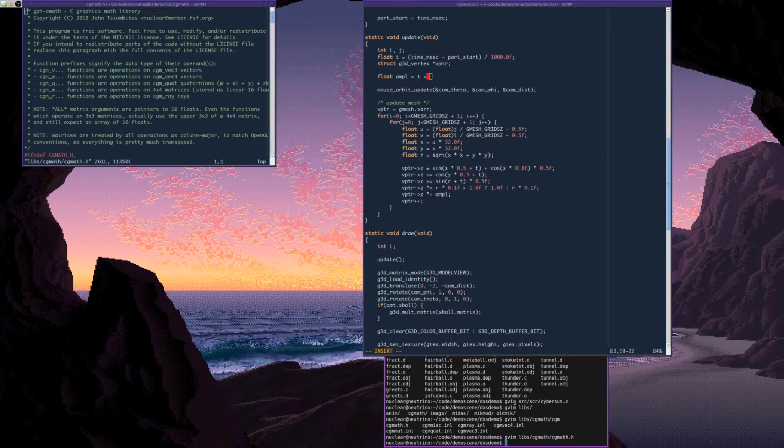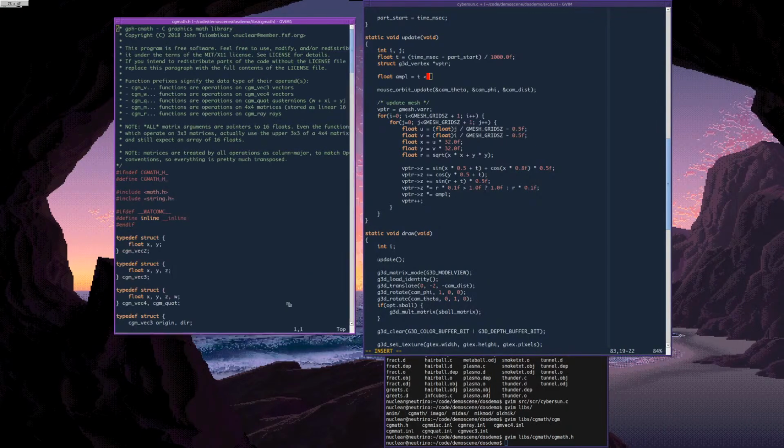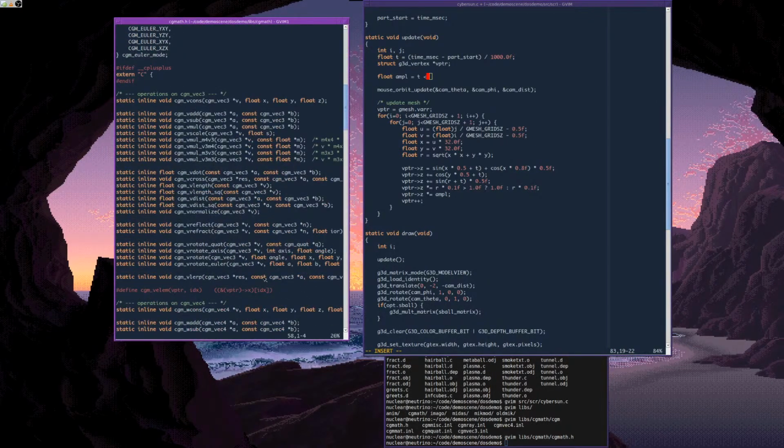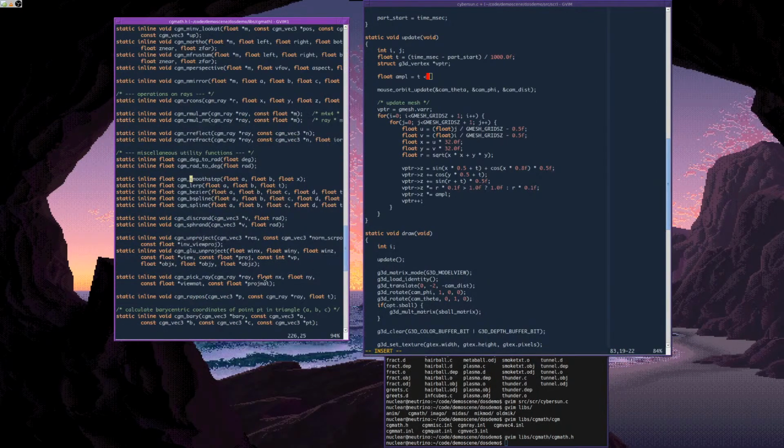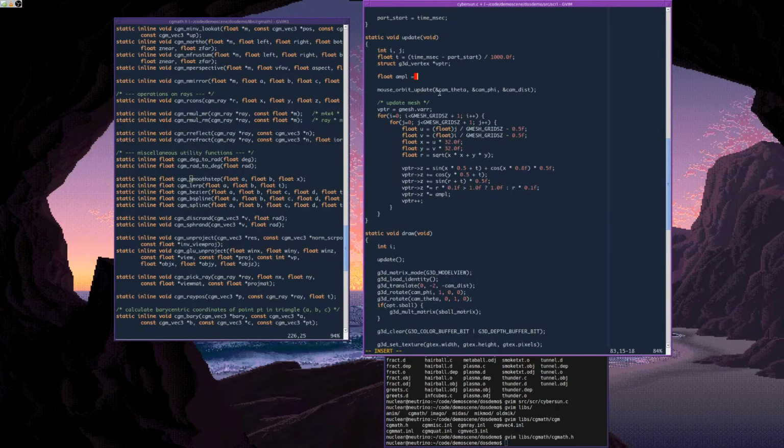This is my math library, and I have a smooth step function. This is very convenient for this sort of thing. So the amplitude is the output of CGM smooth step,